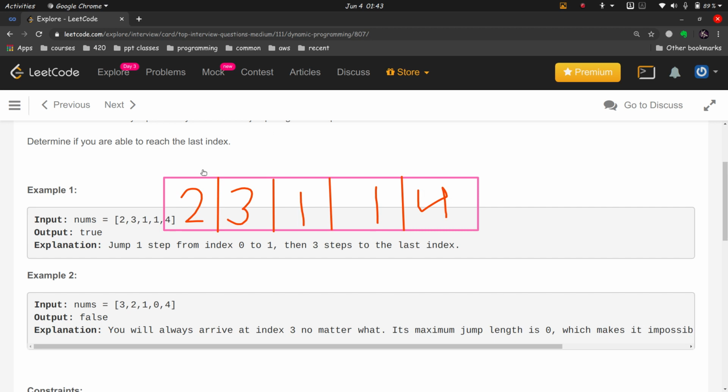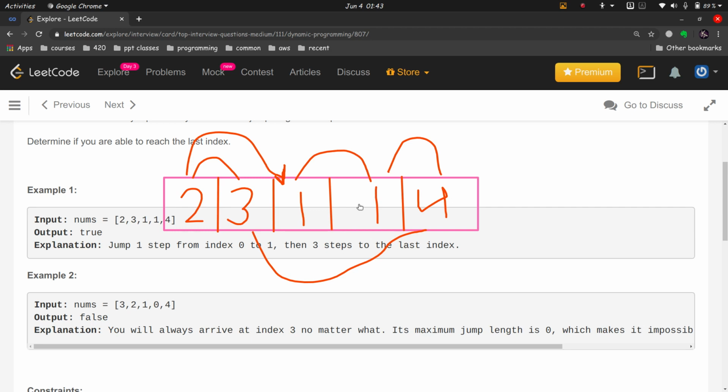Okay, so what the jump length means is that we start from the first index, the value is 2, so we can jump a maximum of 2. That is, we can go to this position here, or we can go to this position also, because that is the maximum distance we can jump. Obviously we can jump a smaller distance. So the options available are we can go from 2 to 3 and then from 3 to 4 directly, and that's why the condition is satisfied, or we can go from 2 to 1, then 1 to 1, and then from 1 to 4. That's the other way to do it.